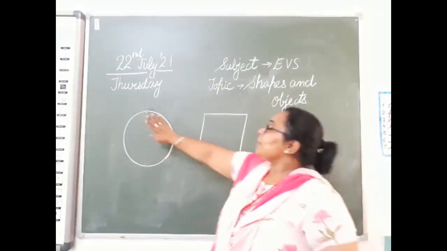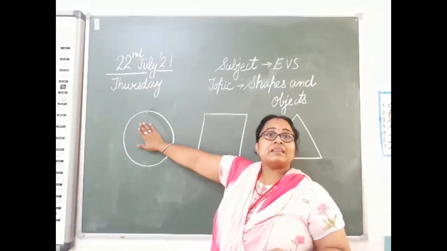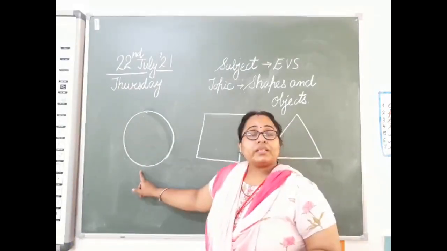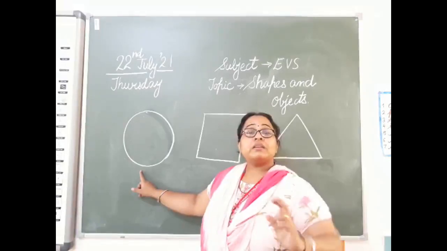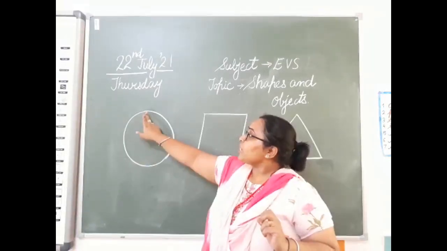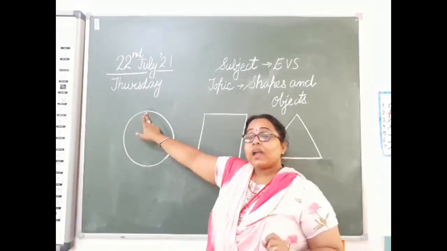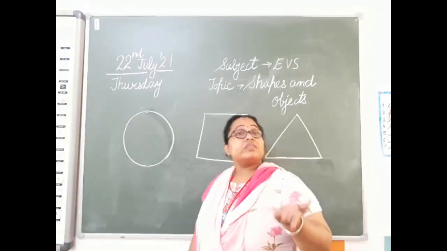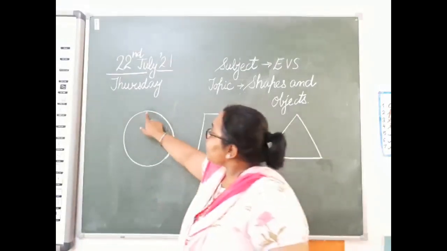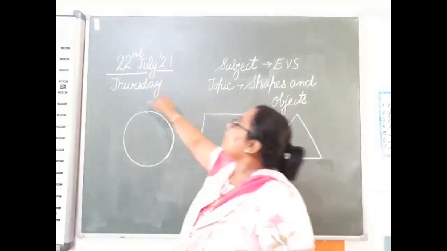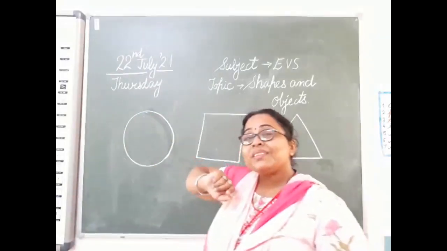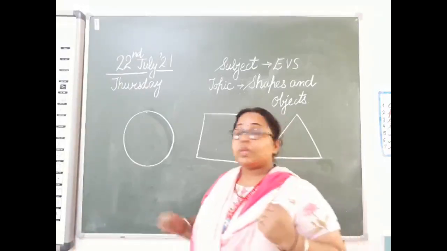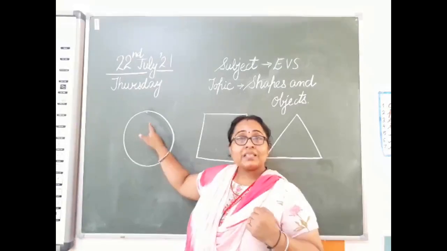The first shape we have is circle shape. So what do we call this shape? We call it circle shape. Now this shape starts and ends at the same point. Yes, there is no side. इसकी तो कोई side ही नहीं होती. ये यहाँ से start होता है. You just go around and come back on the same point. So it's a circle shape. Say with me, which shape is this?